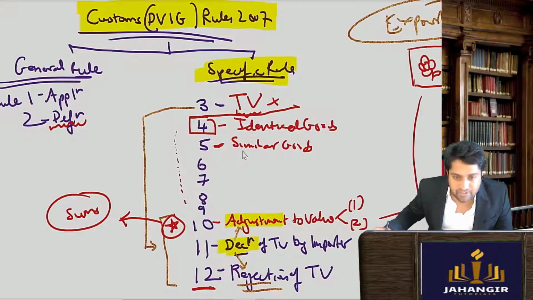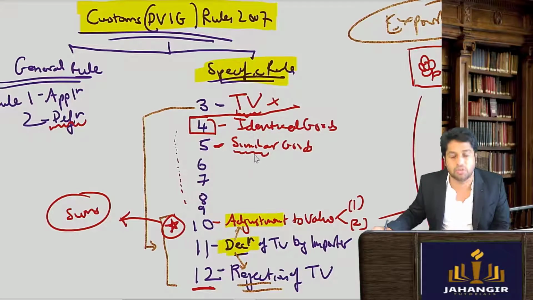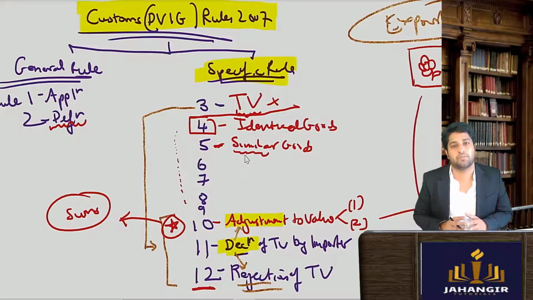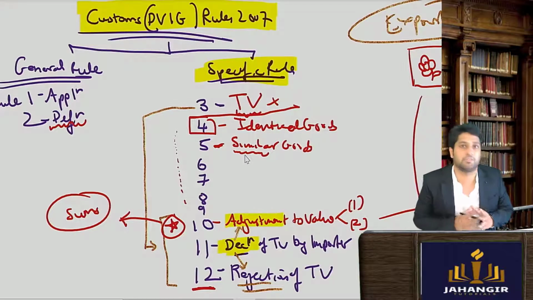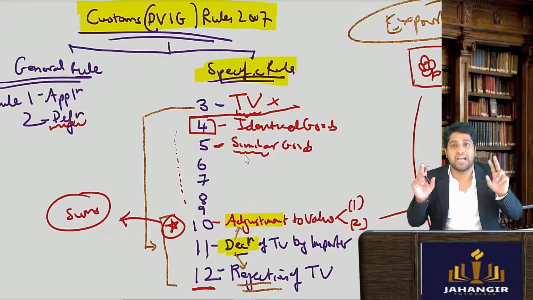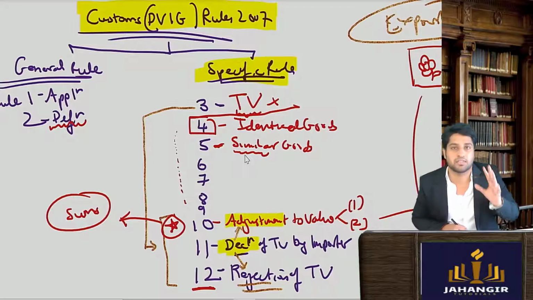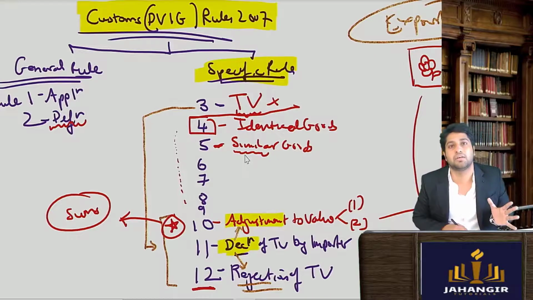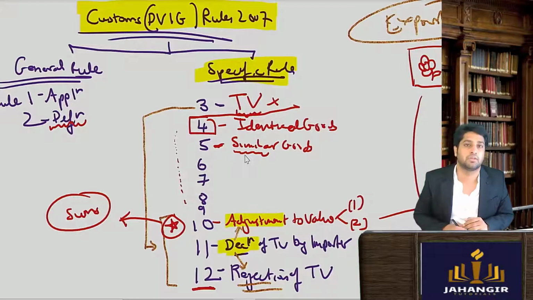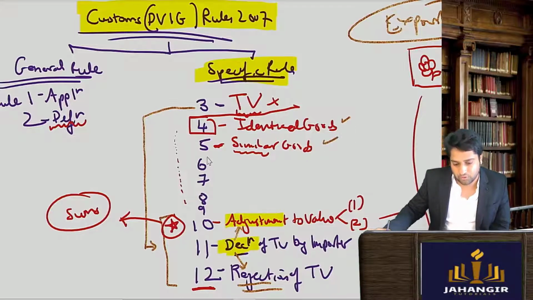Similar goods क्या होता है? When identical goods are not available, then we will have to go to the similar goods. Similar goods are not exact. They are not mirror images. They are not perfect substitutes, but they are like or have similar qualities, have similar quantity, similar purity, similar standard as compared to the goods. So then we will say agar identical nahi hai, to then we will go as per the similar goods. Then come to rule number 6.